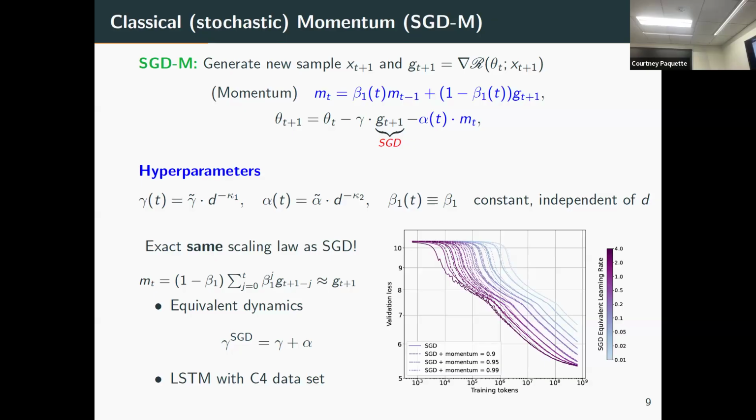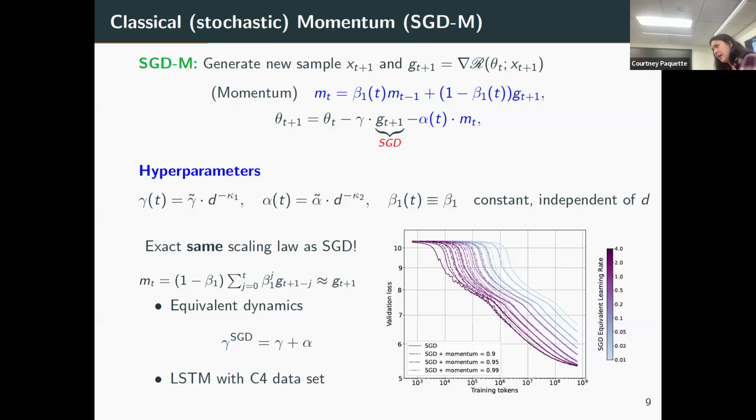Right? It's taking one where you can take it so you get a learning rate of SGD would just be gamma plus alpha now instead. That's sort of the idea. And in fact, you do see this. You can actually do this on real data. This is an LSTM. You can use SGD. You can map the SGD learning rate to this momentum via this formula. And what you see is that the two are actually really close. SGDs are the solid lines. These different momentum ones just all lie on top of the SGD. So this is totally normal. We expect this to happen.